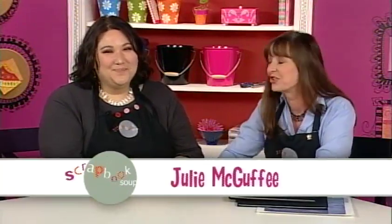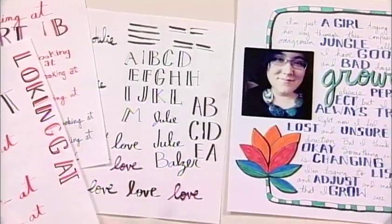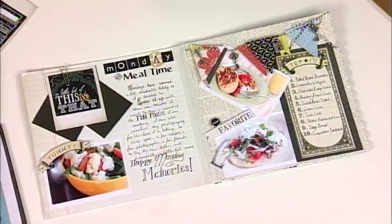Welcome to Scrapbook Soup, where we mix it all up. Mixed media, new designers, and more than pages. I'm Julie McGuffe, and this is Julie Faye from Balzer. The overall theme for this season is journaling. Think outside the box with us as we look at words, phrases, thoughts, and how they all fit into our